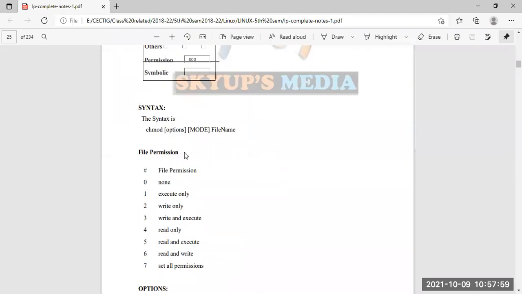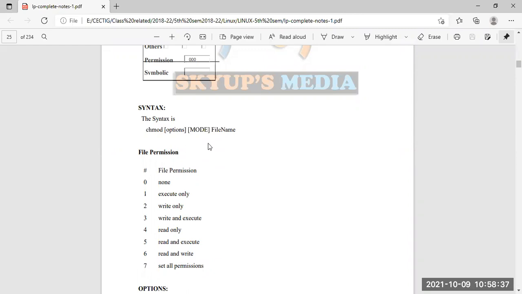So here are some options available, that is the mode and the file name. If we are talking about the mode, basically there are three modes, that is read, write, and read and write both. So either we can read, or we can write, or we can read and write both. By combining all of these things, some more options are available, that is some execute options are available. So by read, write, execute, and the combination of read, write, and execute, several modes of options are available for the file.